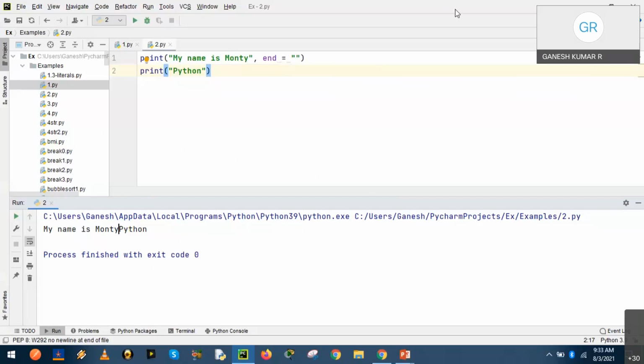Yes, I have got a few suggestions. After Monty, give a space. Fine. Yes, introduce a tab. Okay, a new line character, right? Similarly, a new tab. Fine. Any other suggestions from your side?